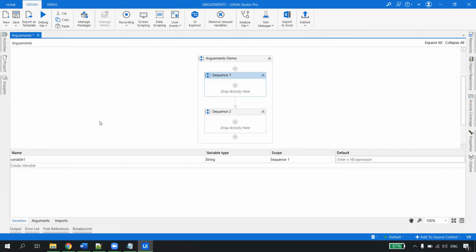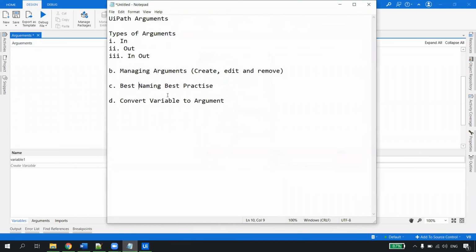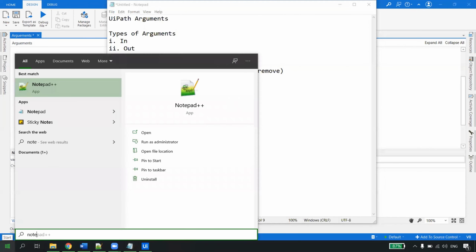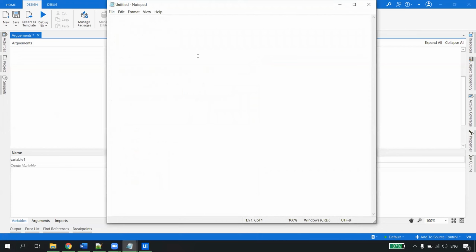Have you ever thought, if you are doing any automation, about reusing the automation? Today you have to build an automation where you have to read the email from this sender.